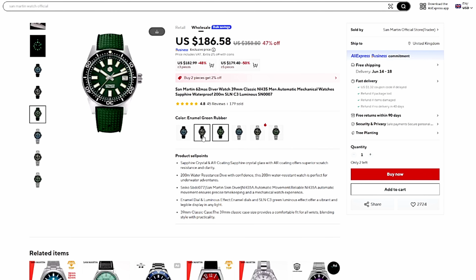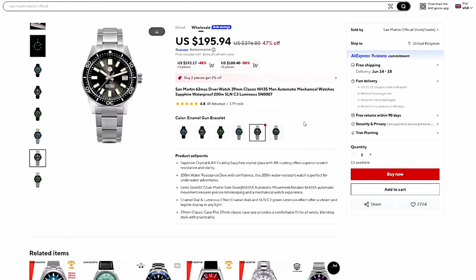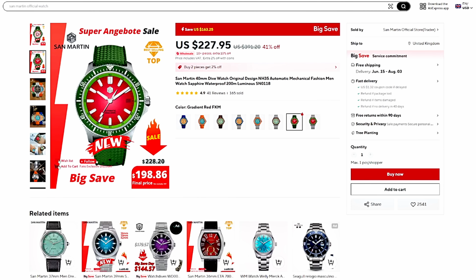Of course, it is a Seiko homage. NH35 powered watch, under $200 prior to the sale starting. It looks like you're going to be able to pick this one up for maybe even around $150. Then we have this one, the